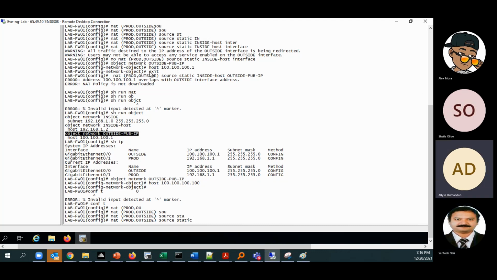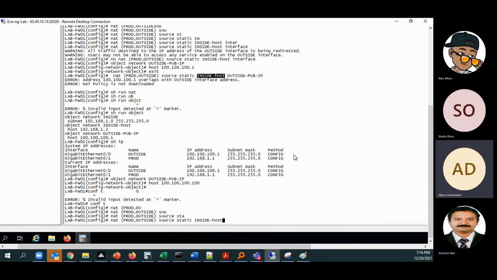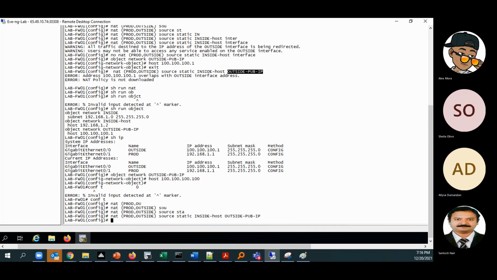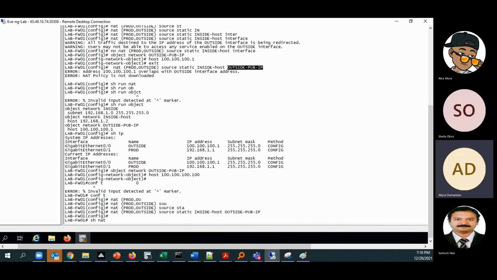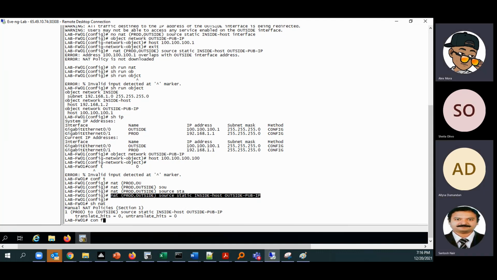Correct. And the inside host, we are going to NAT it to the public IP. One-to-one NAT is done. This is section 1. Section 1 is manual NAT. And it is a one-to-one entry. Guys, you are with me? You are able to understand, right? Any doubt till now?